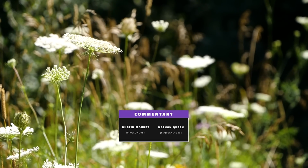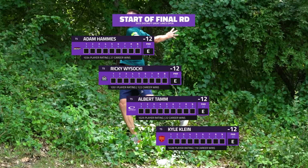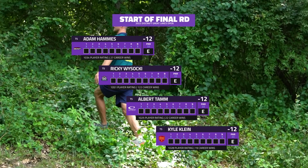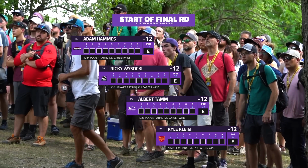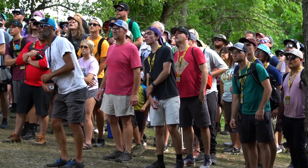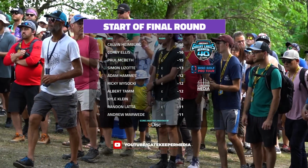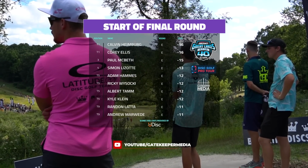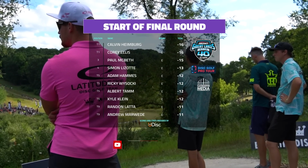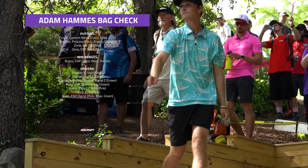We've seen lots of good play out here this weekend. You see our chase card here all knotted up, tied for fifth at 12 under par. We've had great weather all weekend and once again are treated to it today. Absolutely. And as you can see, our chase card's not too far off the lead. Corey Ellis and Calvin Heimberg tied up at 16 under par, Paul McBeth just one stroke behind them on the podium, and definitely still some chances to make a move out here as we start taking a look at some of